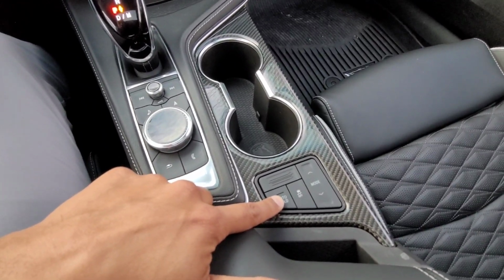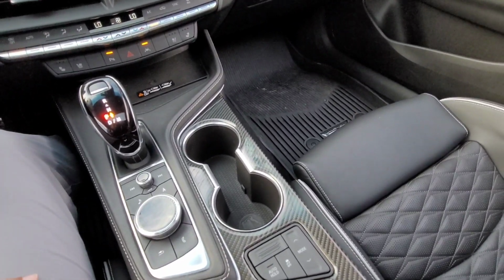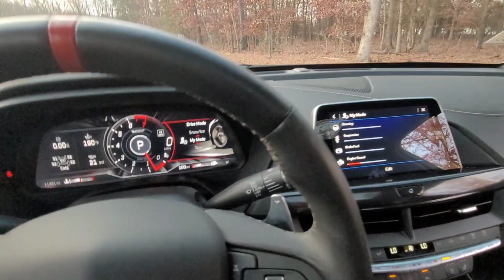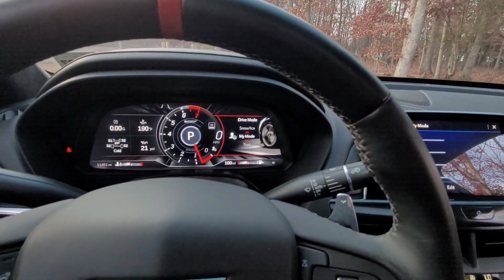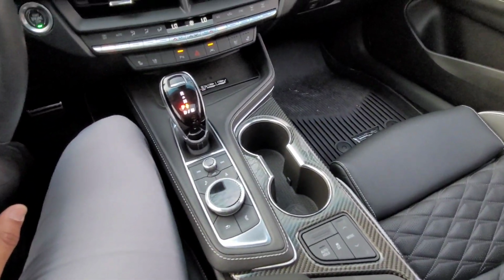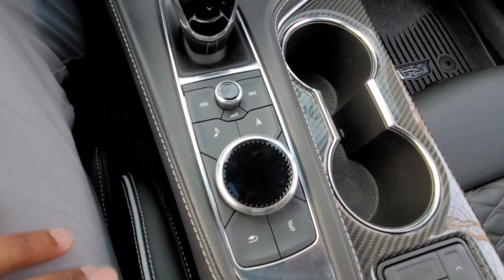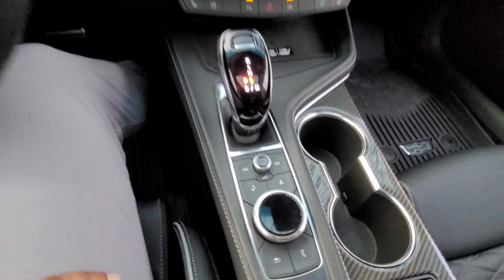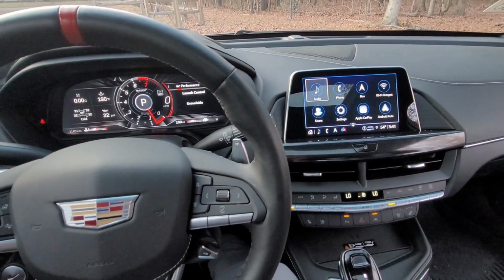there, like an auto hold feature where it allows you to keep the car nice and stable when you're at a dead stop. You lift off the brake and then you just tap the gas to get in motion. And then there's another mode selector right over here as well, other than the steering wheel. So there's multiple selectors there for sure that you guys can use. And you can adjust your center screen and customize and do some things like with the navigation with this little rotary dial thing. And why don't we hop to the back of the seat, should I say,